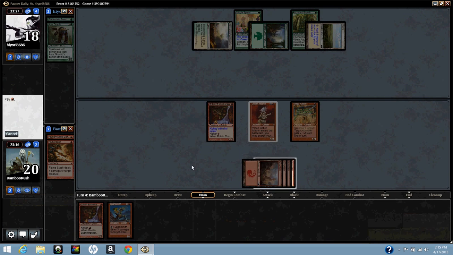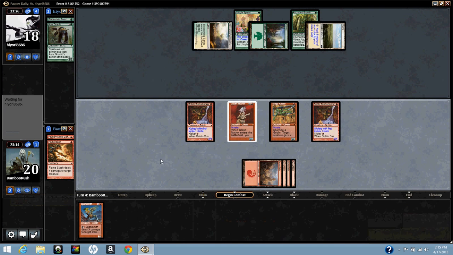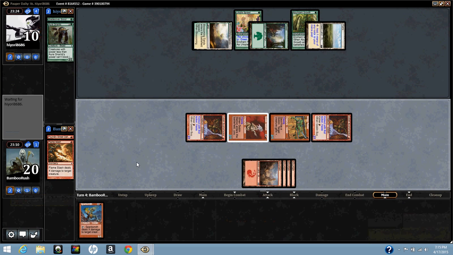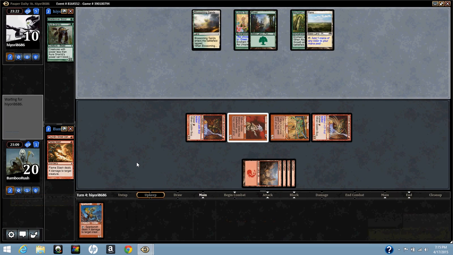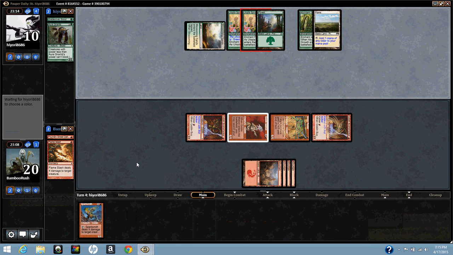Hopefully he's out of threats or just doesn't have enough in time to do anything. I think this is our best play, so I like it better than the Sparksmith. The Sparksmith can get a bigger Aura Gnarlid next time. He's at 10. Hope he just passes, but he probably doesn't. He wouldn't be thinking this long. Okay, just gonna